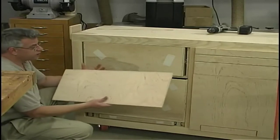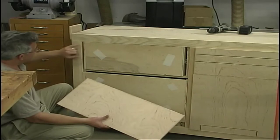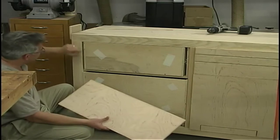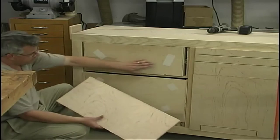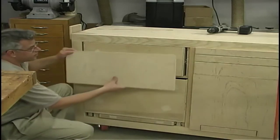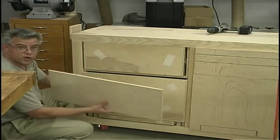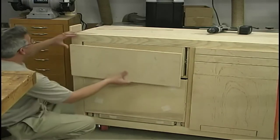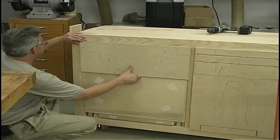Well, with the drawer fronts all sanded up now and edge banded, we're ready to install them on the cabinet. Now I've gone through and made a layout mark, a 1/4 inch over from the inside edge of my left stile, 1/4 inch up from the bottom edge of my top rail. I've placed some double-faced tape on all of the drawer boxes, and that's going to be used to help hold our drawer front in place until we can fasten it to the drawer box with some number 8 by 3/4 inch long sheet metal screws. Now I'll just very carefully line this up with my layout marks, press it in place, and then we can